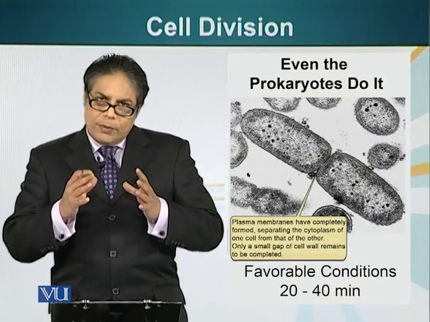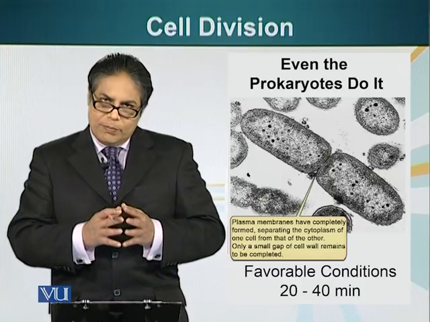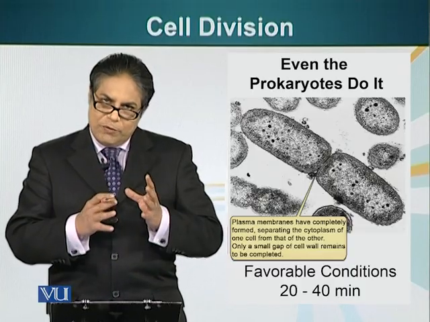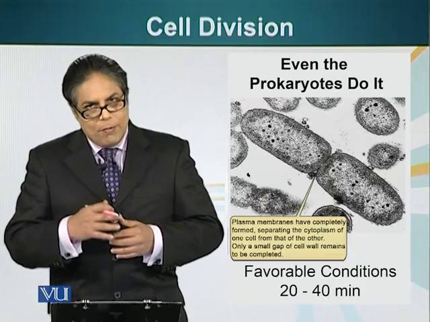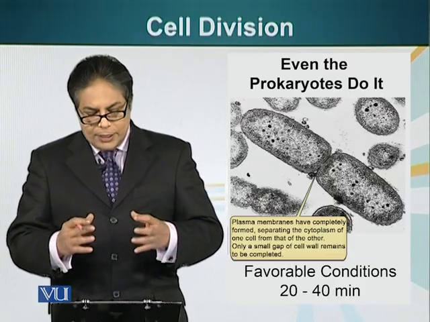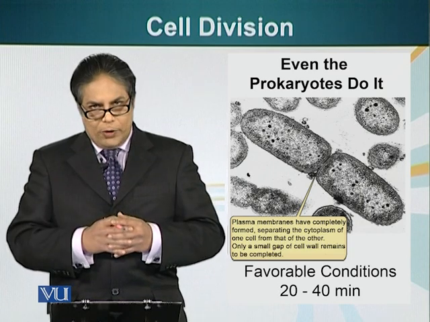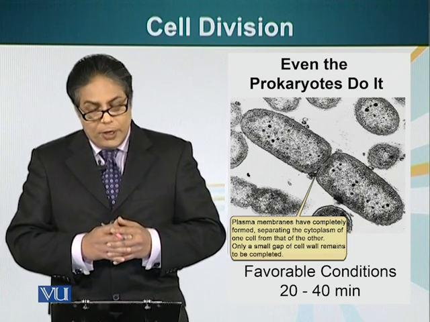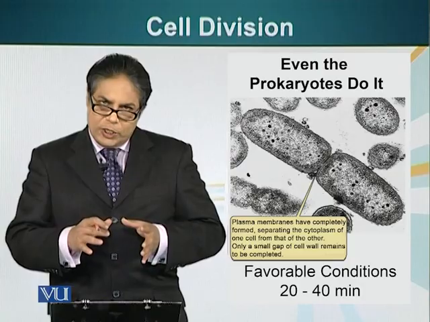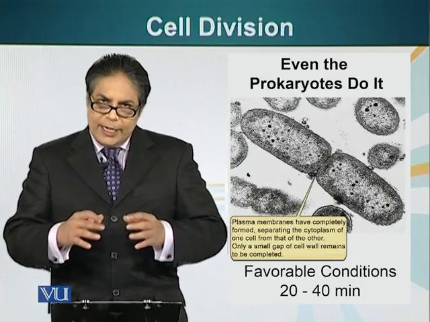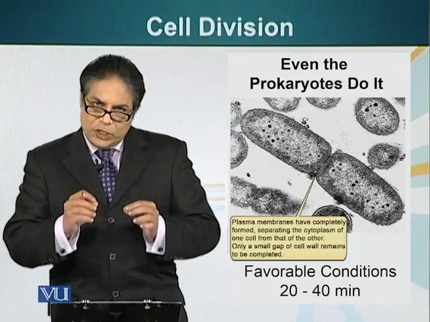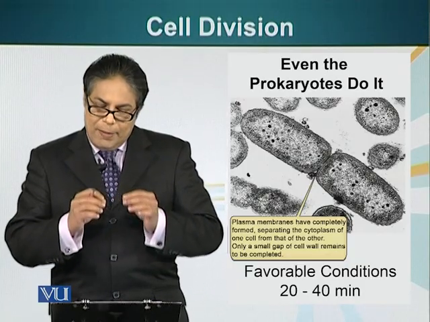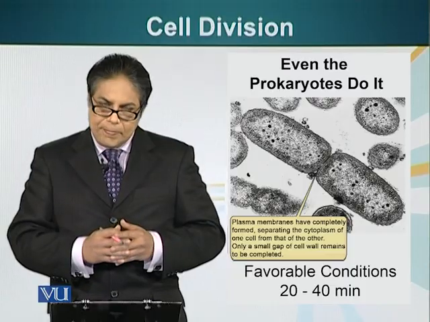Let's start with the simplest organism. Let's look at the process of cell division in the simplest organism, a bacteria, a prokaryote. We have already mentioned that these organisms don't have any membrane-enclosed organelles, which means they don't have a nucleus. They have a nucleoid region, which we talked about, which contains DNA. DNA in these organisms is attached to special positions in the cell membrane.